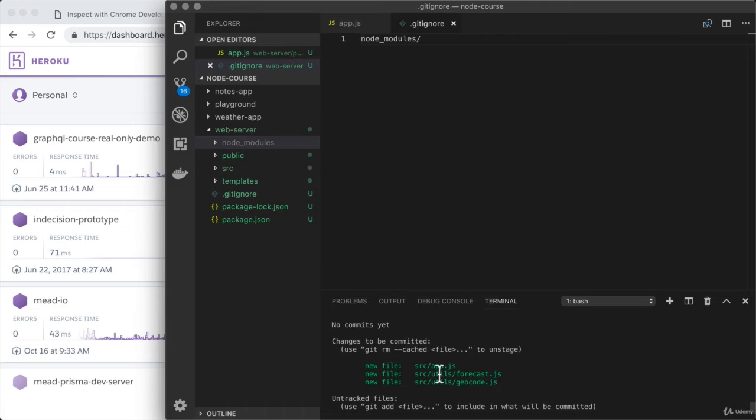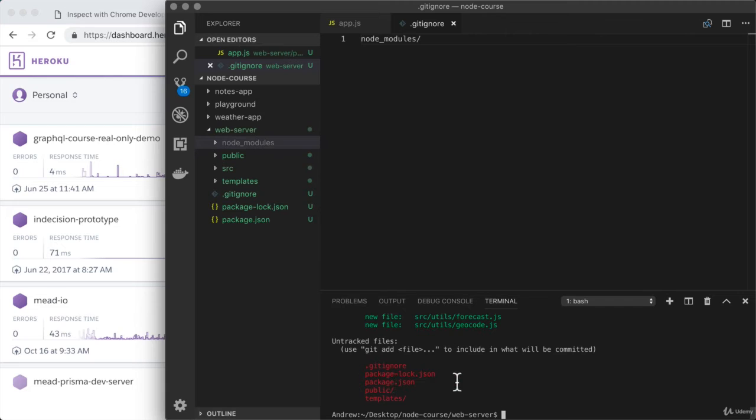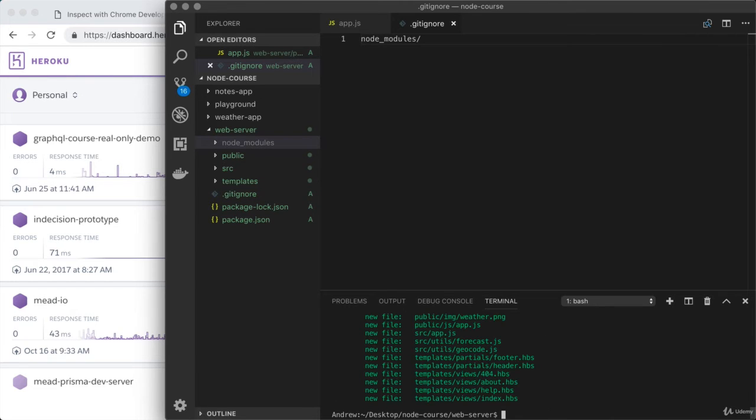Now, we could choose to make a commit with just these files in it, but I do want to track all of the files that we have listed down below as well. Git add gives us a shortcut to add everything. That is git add dot. This is going to add everything to the staging area, which in this case means everything listed right here. So I'll use git add dot, then I'll run git status once again, and we can see that now we